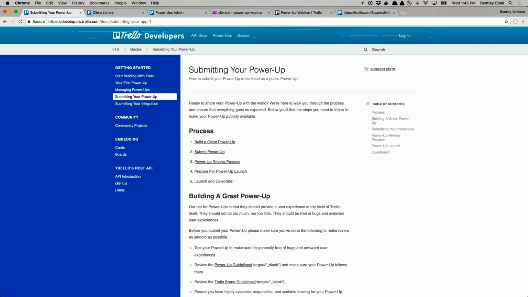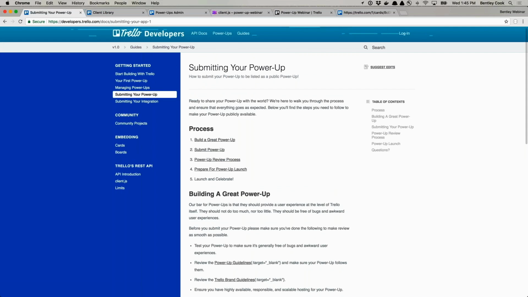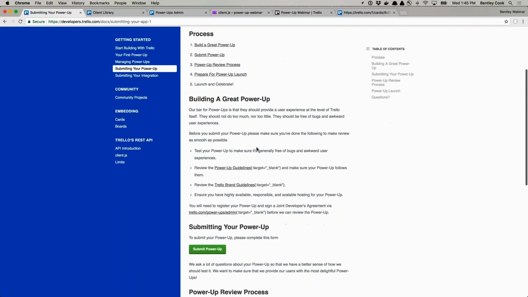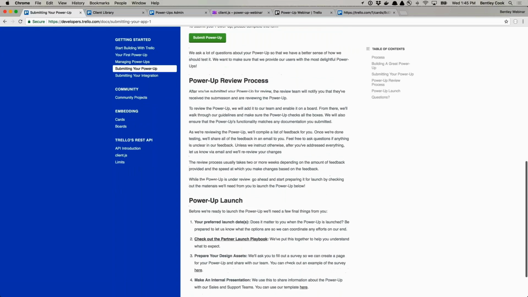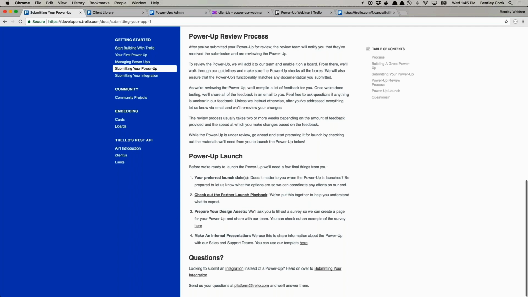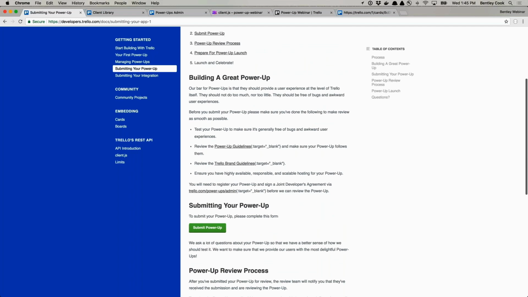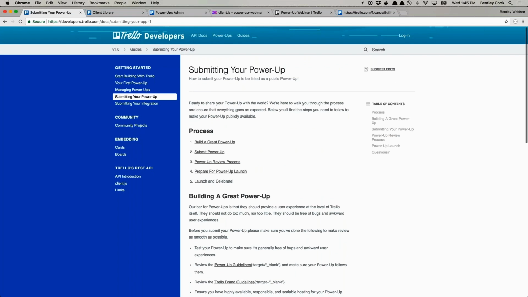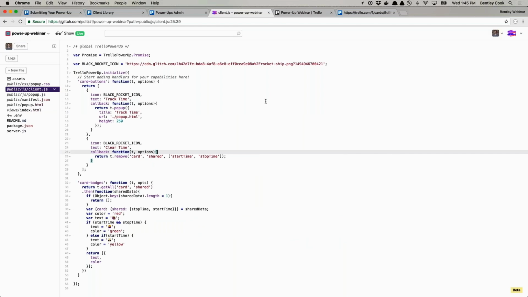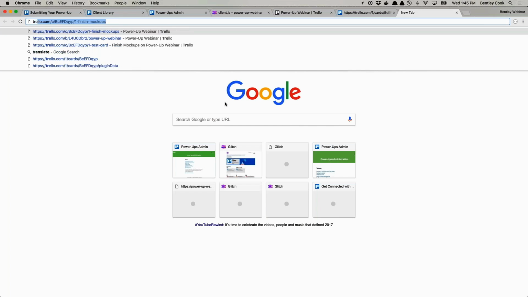In our documentation, we have a guide on submitting your power-up. There's a review process, and we just grab that power-up and we say, hey, does it do what it says it does on the tin? We give it a try, and after putting it through a few paces, we'll launch it into the power-up library,